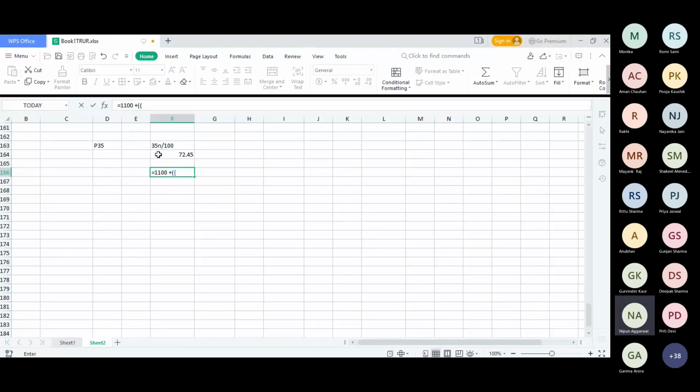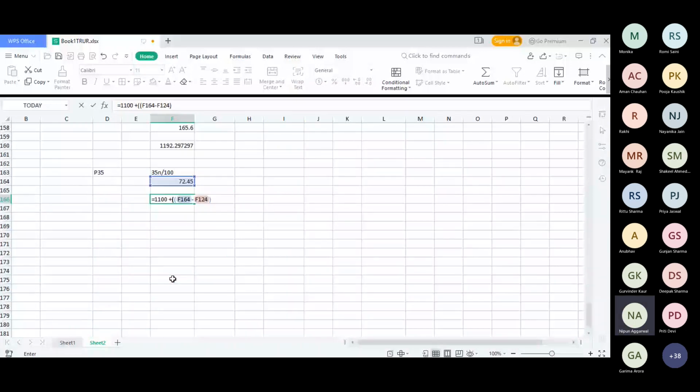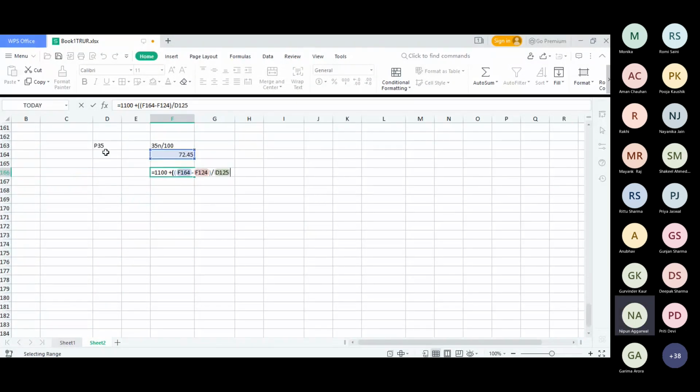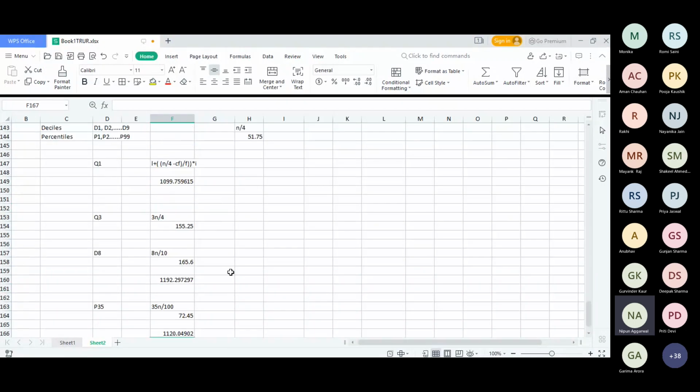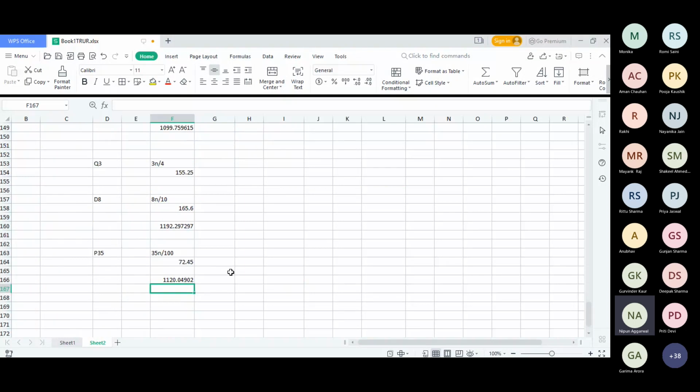35N by 100, which is 72.45, minus the cumulative frequency above it, which is 52, divided by the same class frequency, which is 51, and multiplied by the class size 50. So we get 1120.04. That will be the value of P35,